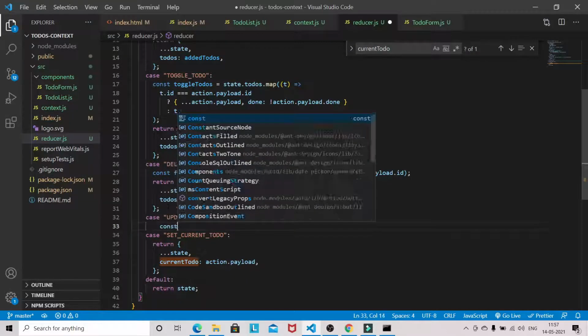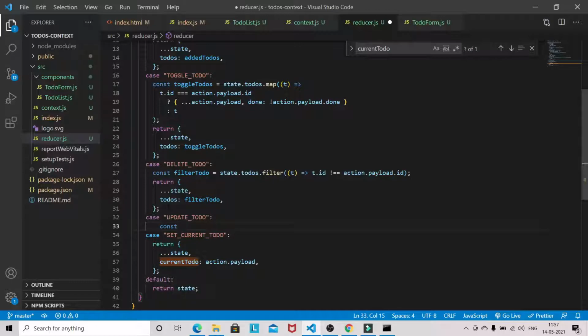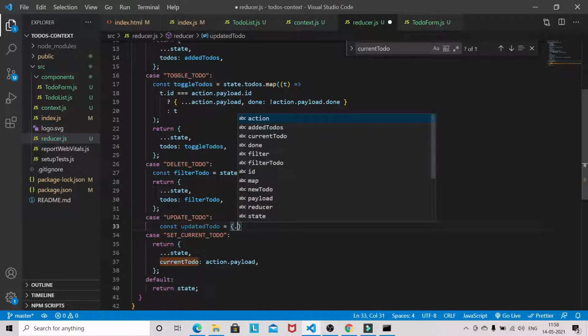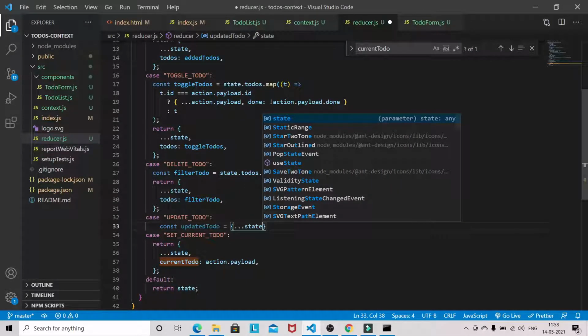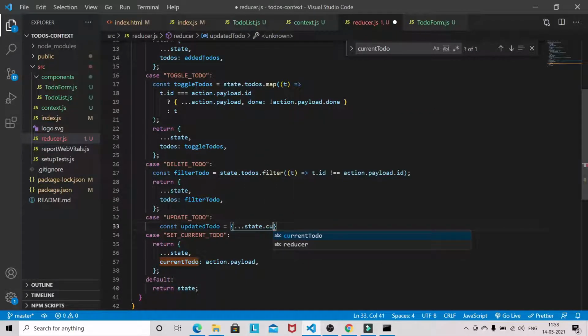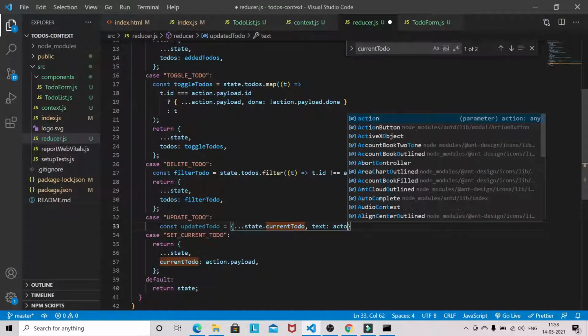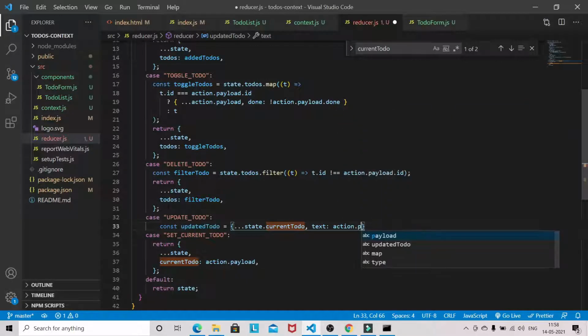Const updatedTodo. So we have the current todo, and we will be getting the updated value here.